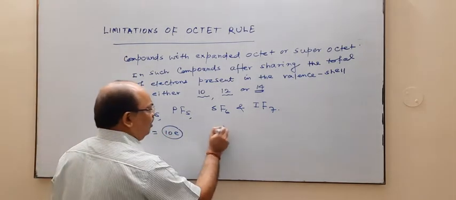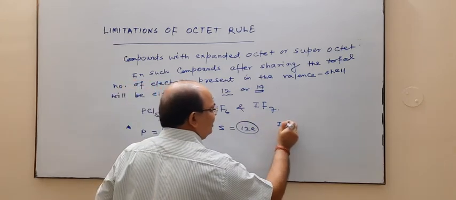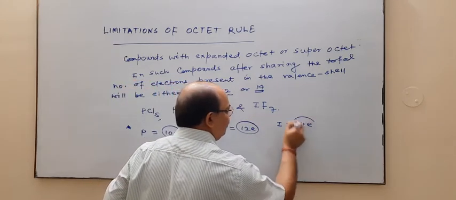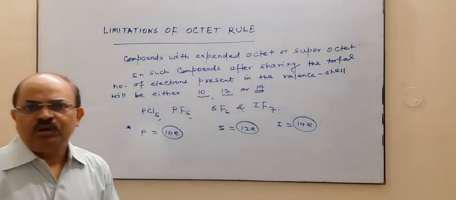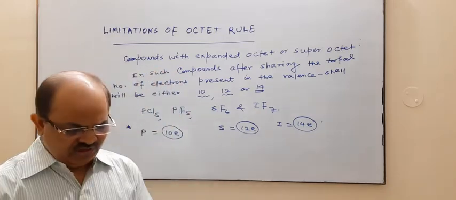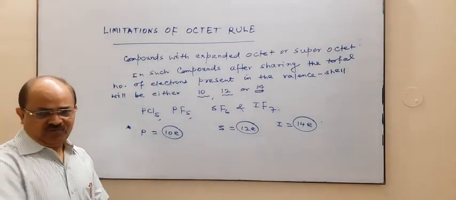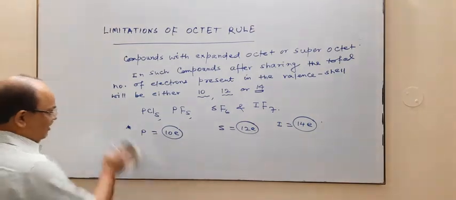In this case, on sulfur we have 12 electron, and in this case on iodine we have 14 इलेक्ट्रॉन। तो मान लीजिए इसमें से अगर एक दो को हम ड्रॉ कर दें तो नेचुरली जो बच जाएगा आप उसे आसानी से कर सकते हो।